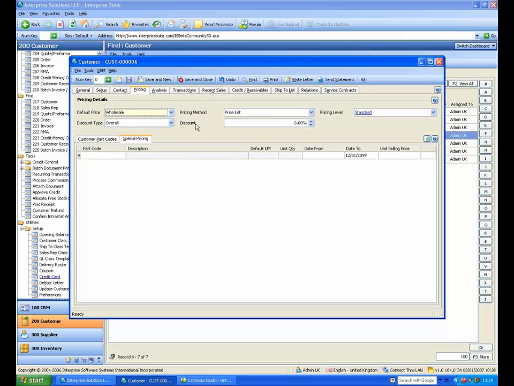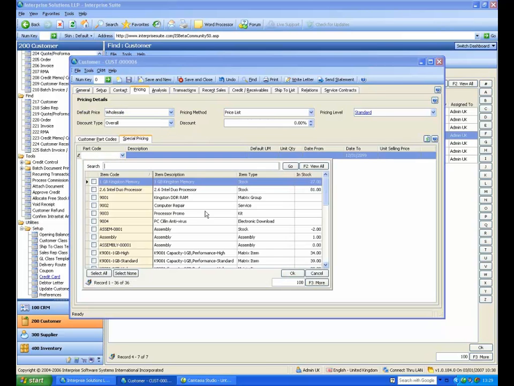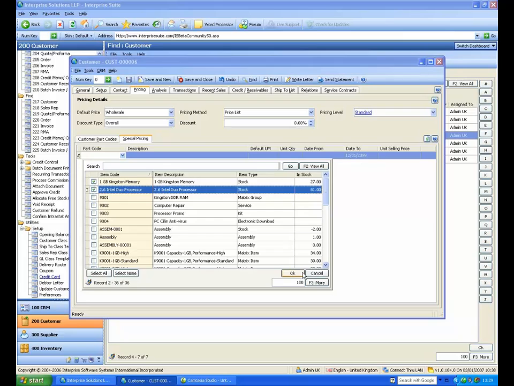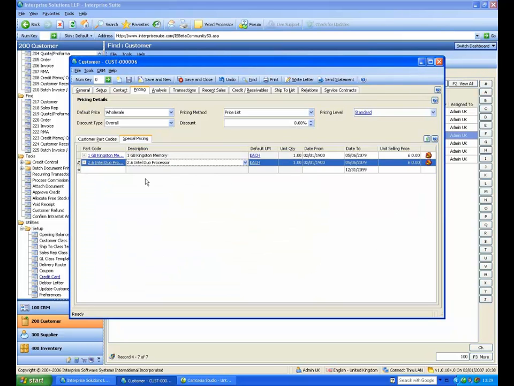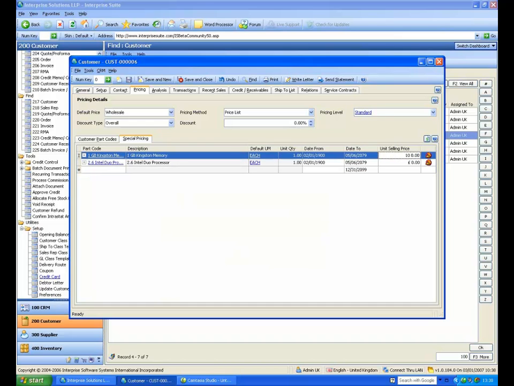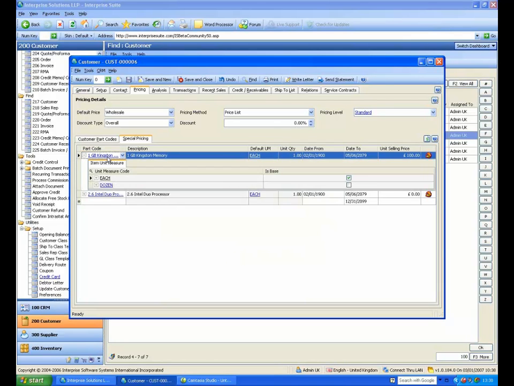So let's set up a special price for a few items. Let's say this item and this item. If we simply charge, I don't know, £100 for each one of those, that's it, done. But if we wanted to do a bit more detail than that, we can drill down here, and we can see that we could then do special pricing for each type of unit of measure. So it may be that for dozens we do a better price,